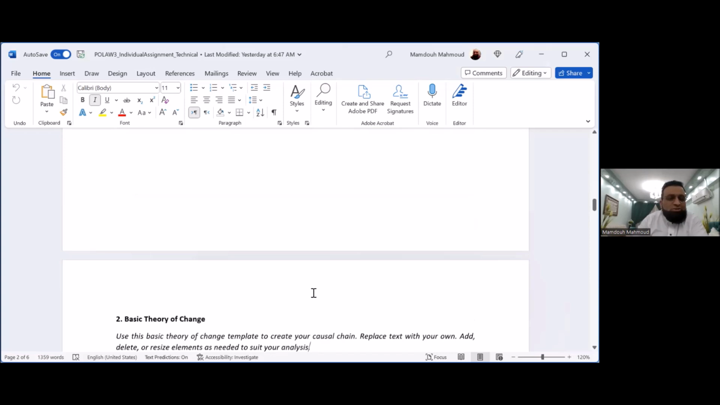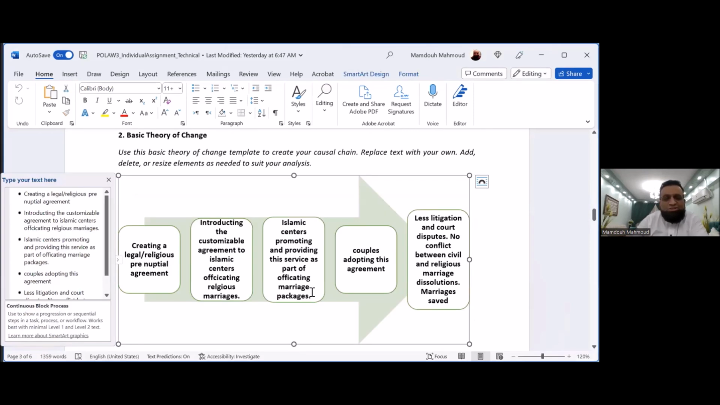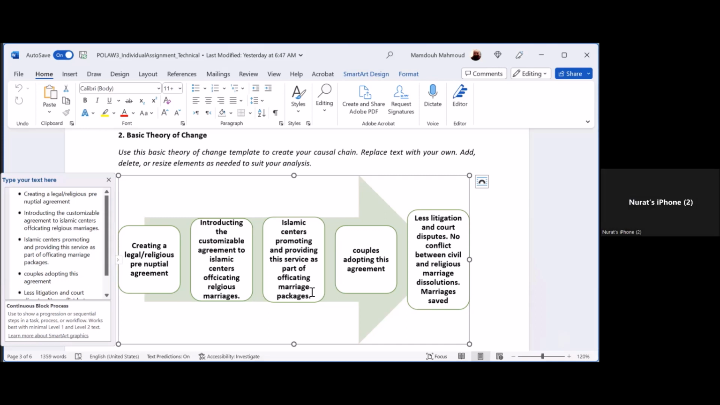Okay, now you see this? Everybody seeing this diagram? Sister Miriam, you will try to download this or get an editable one from the internet like I did. It's just a simple one. It's a simple one, like, if I create a legal religious prenuptial agreement,